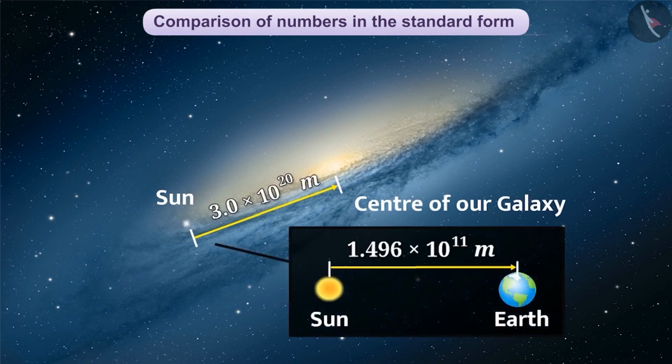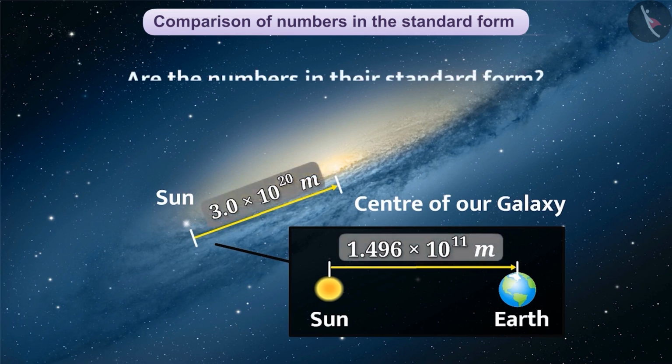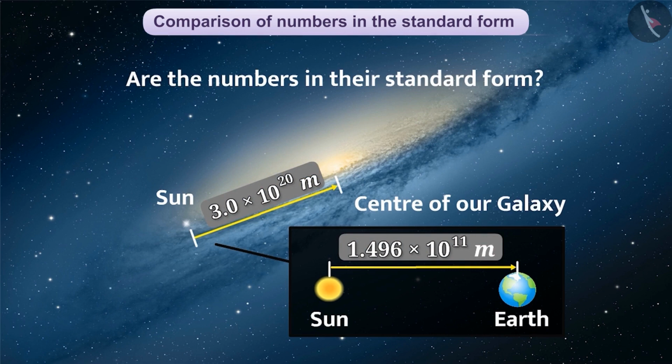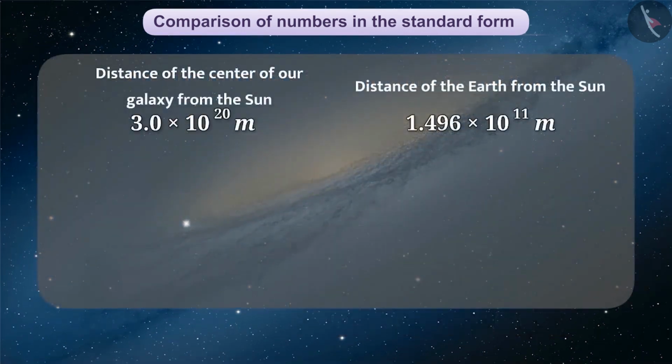For comparison, we will first check if the numbers are in the standard form or not. Here, both the numbers are in standard form and have the same unit. Next, we will compare the powers of 10 in both numbers. Since 20 in 10 to the power of 20 is greater than 11 in 10 to the power of 11,